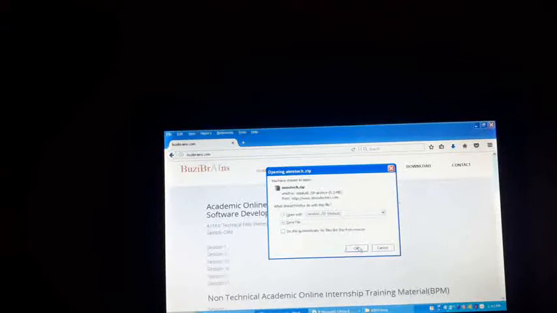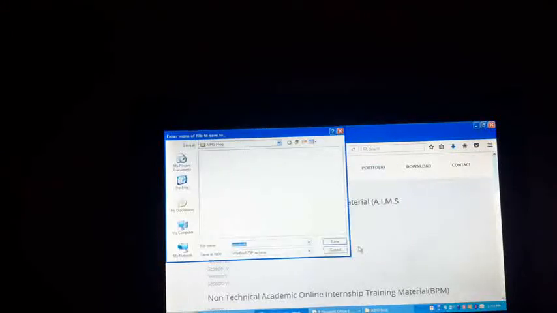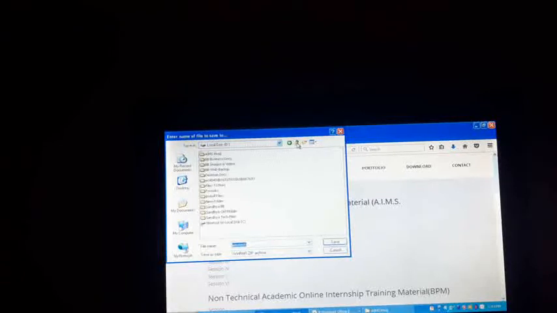So you can download this AIMS tech.zip. It's better to create a new folder, importantly in D drive or E drive. Reason behind it, if you install any programming related files in your root directory where your Windows or any other operating system is installed, you might lose them if the system gets formatted. So to be on the safer side, it is always better to create a new folder in D drive and save the files over there.